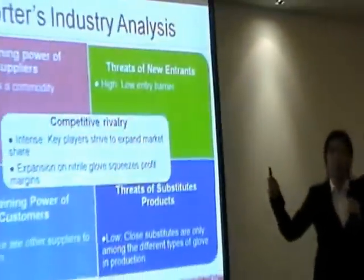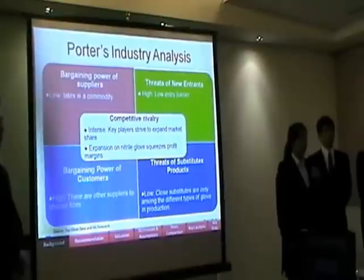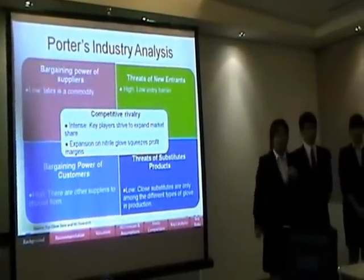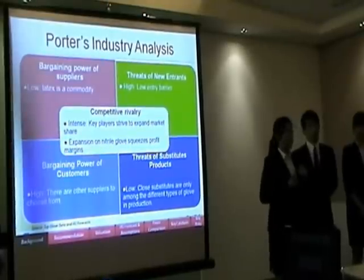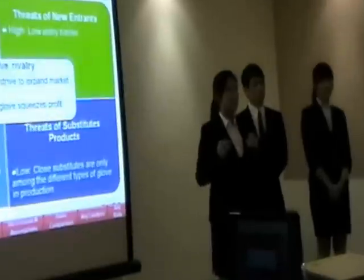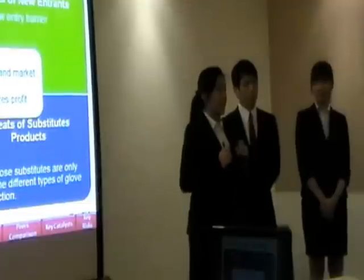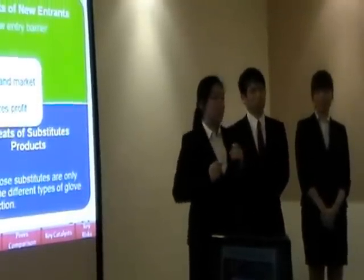Now let's move on to Top Glove's Porter's analysis. There are two important elements in the Porter's analysis, which are bargaining power of supplier and competitive rivalry. Bargaining power of supplier is considered low, as latex price is a commodity. As such, changes in the latex price will affect all the suppliers similarly. Competitive rivalry is considered intense, as key players strive to expand their market share, especially in the nitrile glove, where